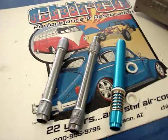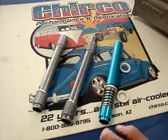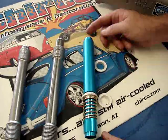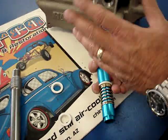Here I want to show you a few different styles of pushrod tubes that we have available. The first being an adjustable pushrod tube. I like to use these in an emergency. If you happen to be out and you bend a tube, it's very simple to pop the rocker arm off,